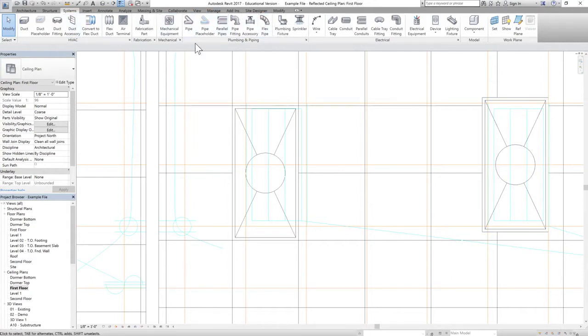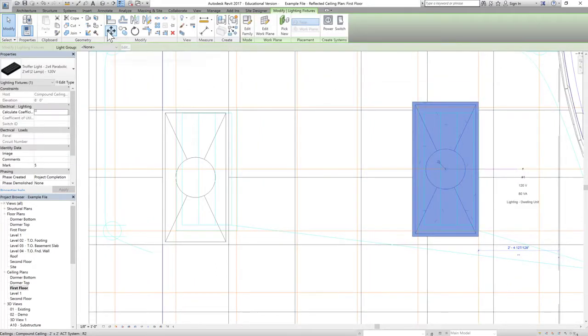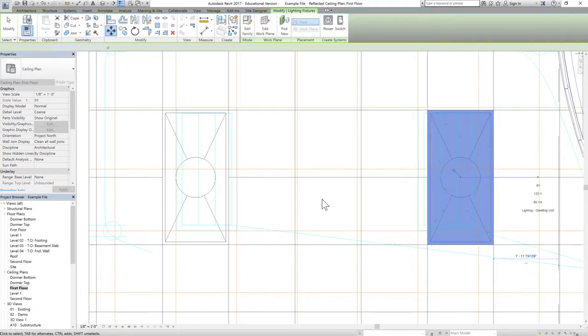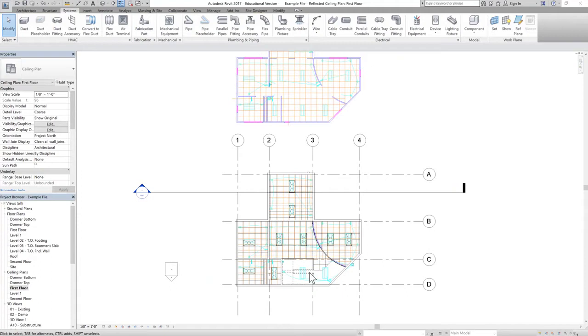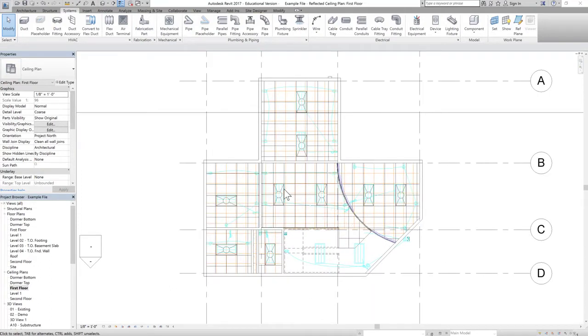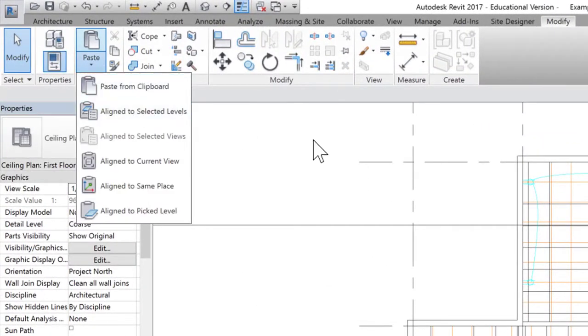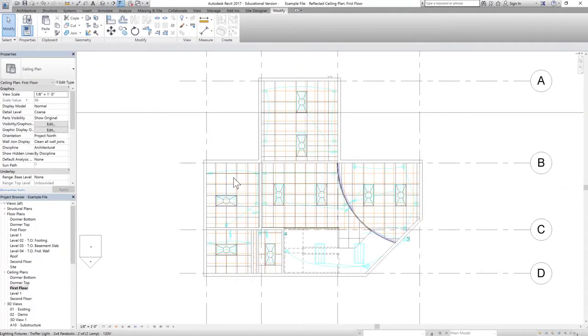So let's move it. Go to modify. Let's click on this light. Move it from here to here. Okay, so this is aligned. Make sure that these are aligned. To save you some time, what I did was I aligned all the lights that we inserted to the ceiling, and I also copied them using select all instances and copying them to the clipboard and pasting them aligned to selected levels. Now what we'll do is we'll go to first floor ceiling and click on the CAD file and